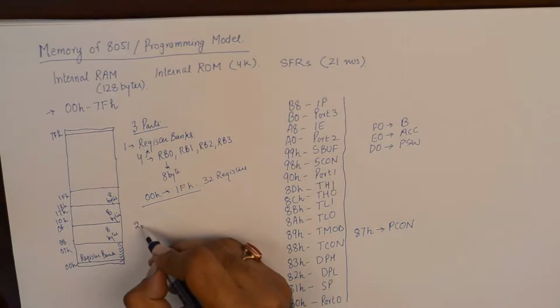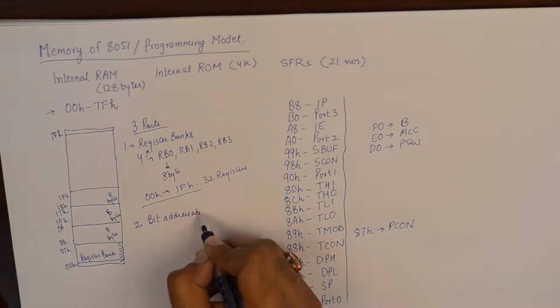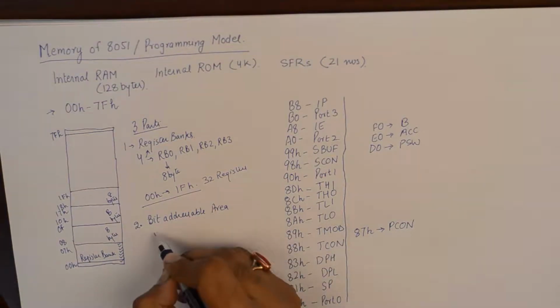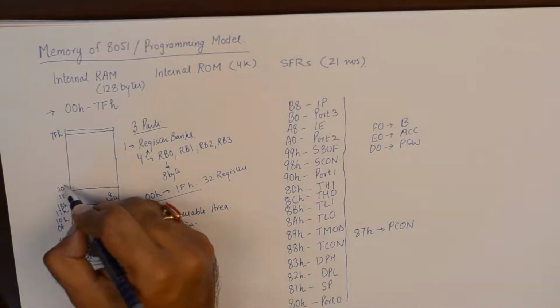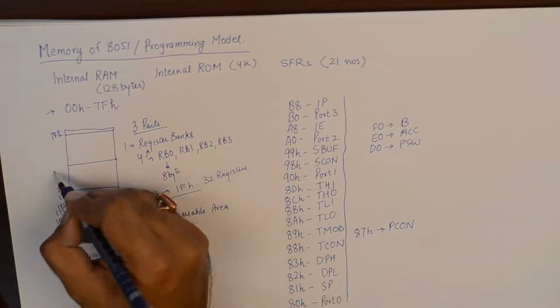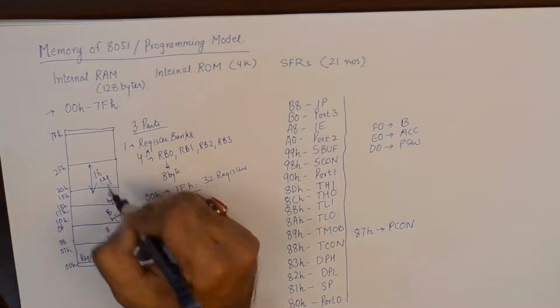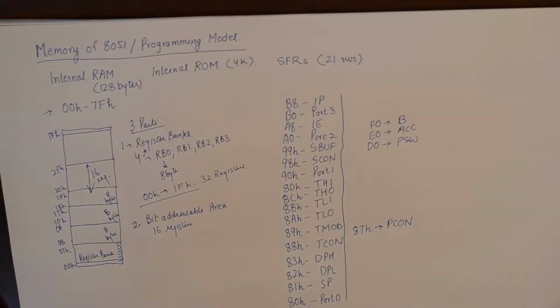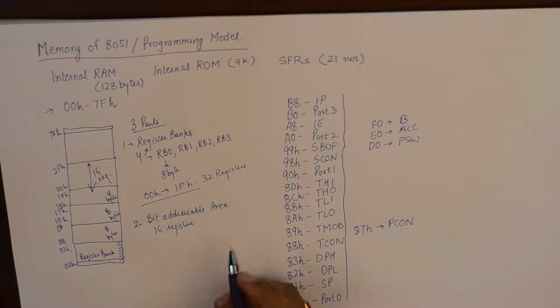Now the second part is the bit addressable area. And it has 16 registers. So obviously it'll start from 20H and it'll go up to 2FH. So there are 16 registers in this area. Now what is special about this area? All the registers in bit addressable area are those registers whose individual bits can be addressed. For example,